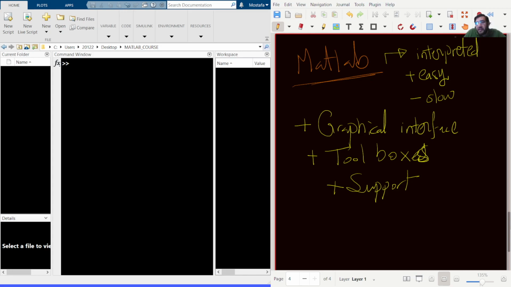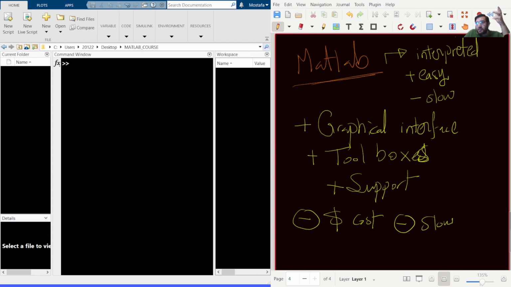But there are negative aspects as well. The first negative aspect I can think of is the cost. The cost, of course, varies whether it's for educational purposes or other purposes. But overall, it's a disadvantage that you need to pay in order to write a program or to write software. The other thing, but that's not really specific to MATLAB, it's common to all interpreted languages,